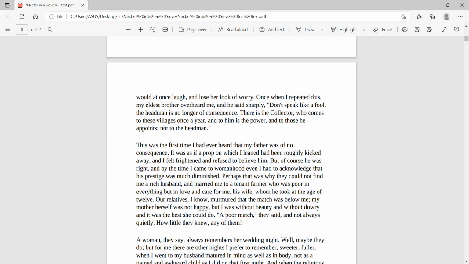Like to be aware mentally and physically about a sexual relationship. That is what is meant by matured in mind. Not as a pained and awkward child as I did on that first night. Awkward is uncomfortable. Her first experience was painful and uncomfortable. Okay, she didn't enjoy it. And when the religious ceremonies had been completed,